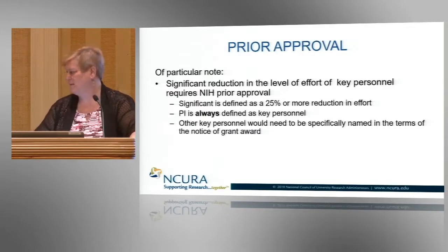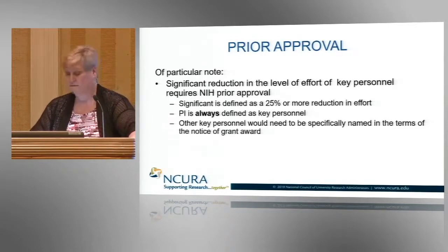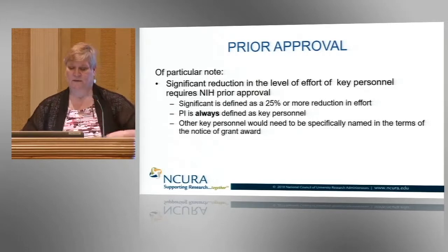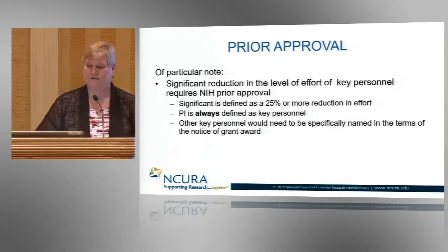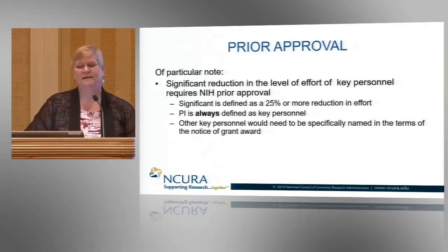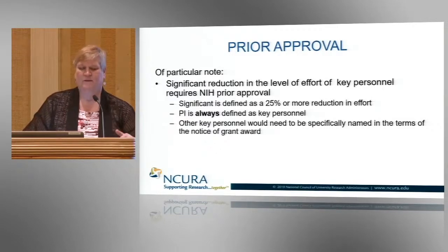So that would be what makes it a significant rebudget, a significant change of any kind. And of particular note, a significant reduction in level of effort of key personnel requires NIH prior approval. Again, it uses that 25% or more reduction. The PI is always key personnel. Other key personnel,